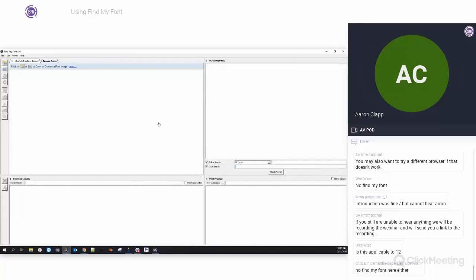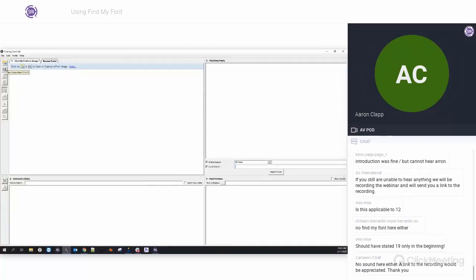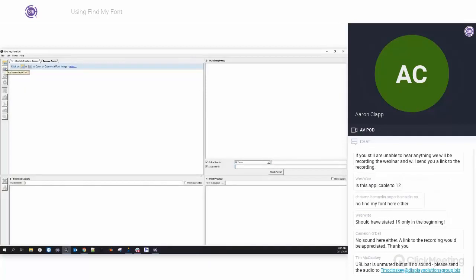But let's get started. The first thing we're going to want to do is open a file. There are two ways we can do this. We can either open an existing image by clicking the open button, or I can take a screenshot. Let's say you have something in an email or something on screen that you just want to capture. You can just capture that image. So let's say it's a font in a menu item or something like that. This is where taking the screenshot will be kind of helpful,